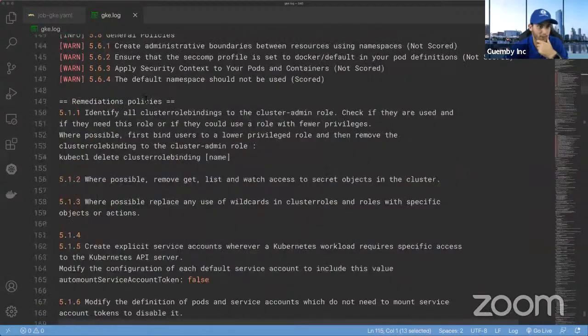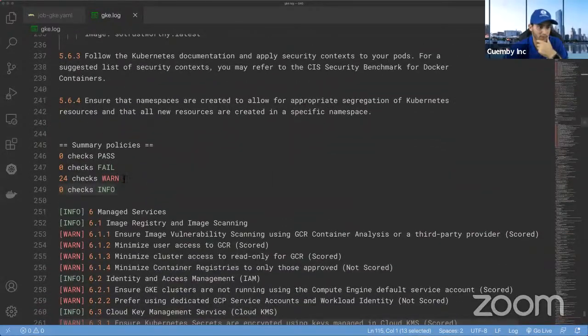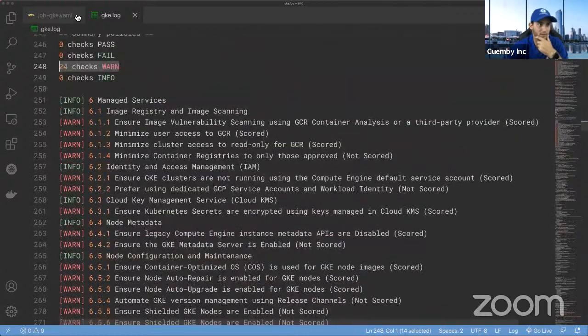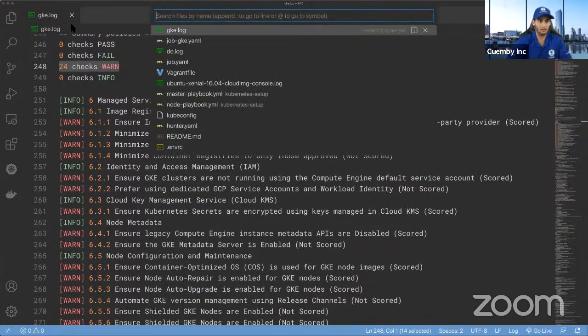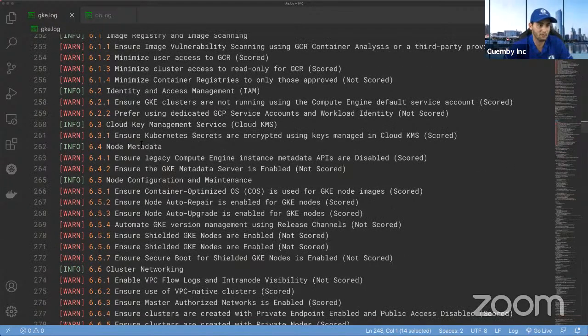Okay, and then the policies, we got a few policies here as well. They all warn. I think it's kind of the same. So let's open the DigitalOcean and see what's going on here. Yeah, kind of the same, 24. So pretty much the same on that one.